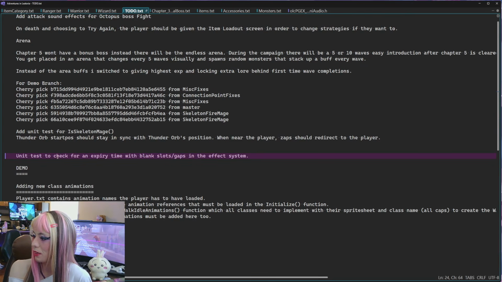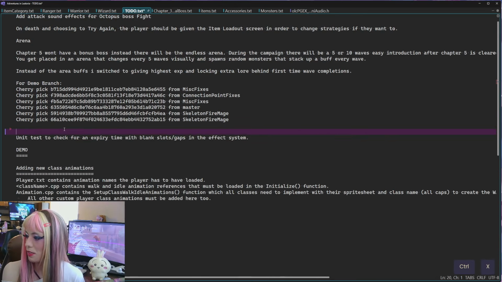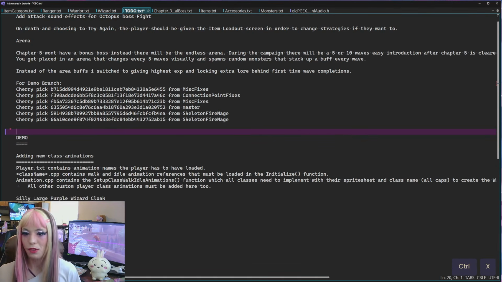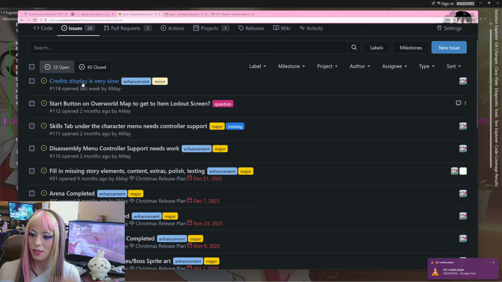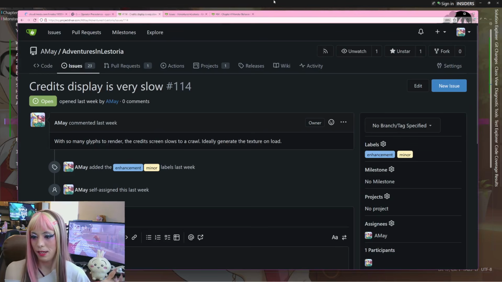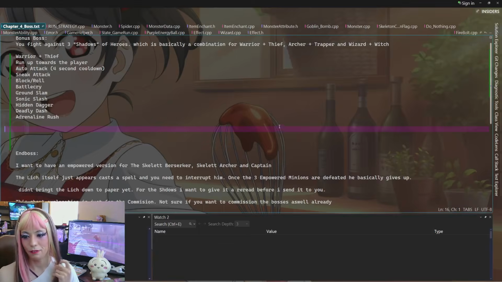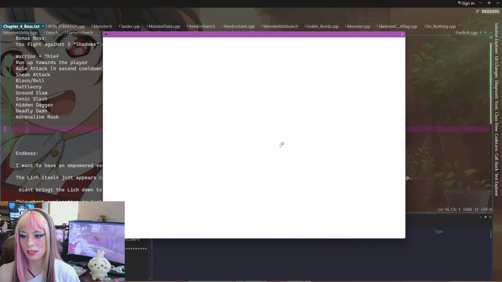Okay, this all can go away. That's all been addressed. So, taking a look at my issue tracker, we can address this one. Credits display is very slow. So, it is. If we just run the game and go to credits,